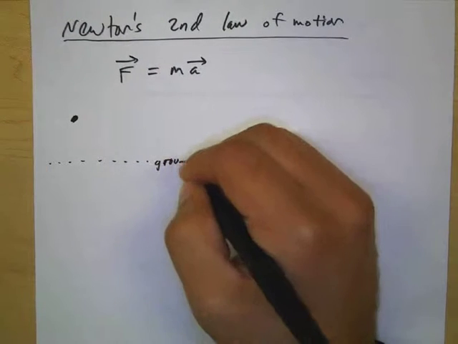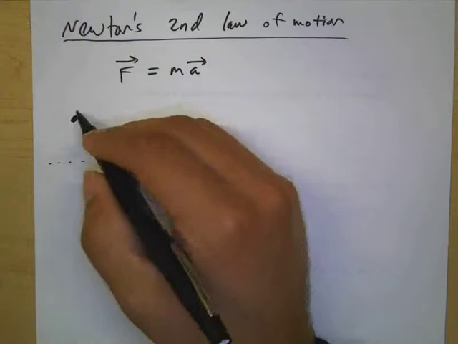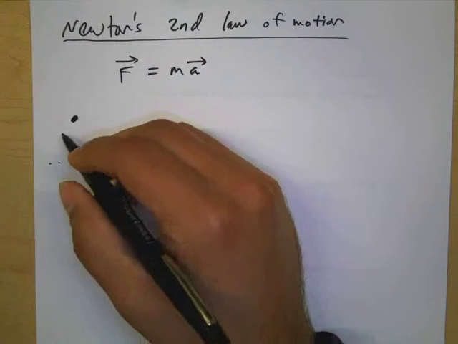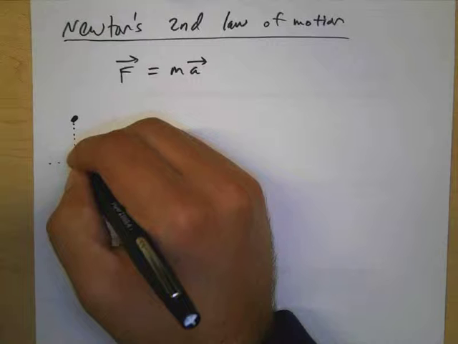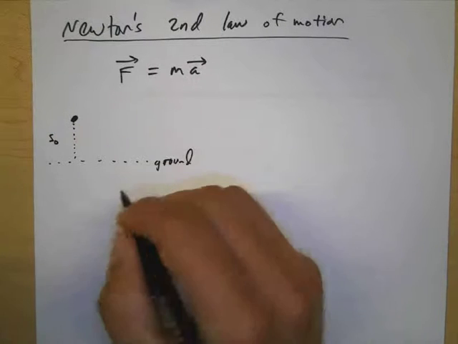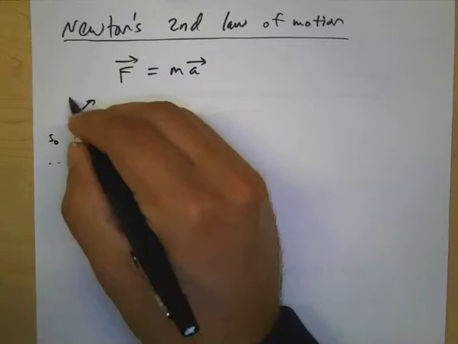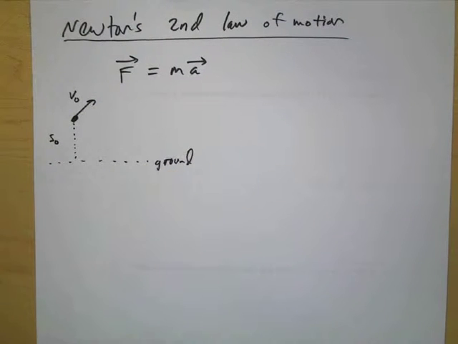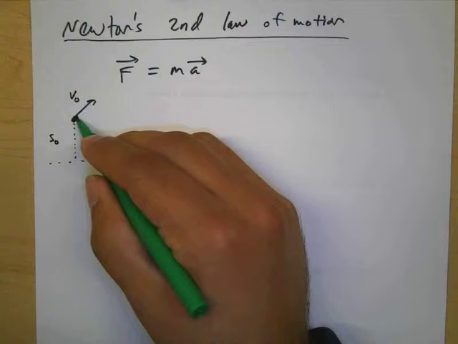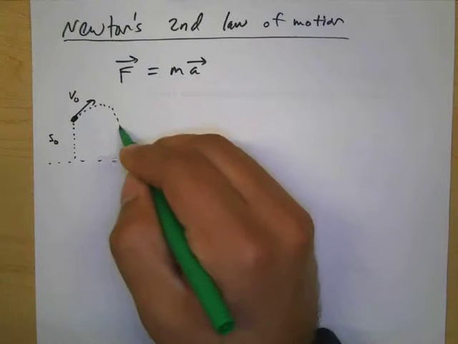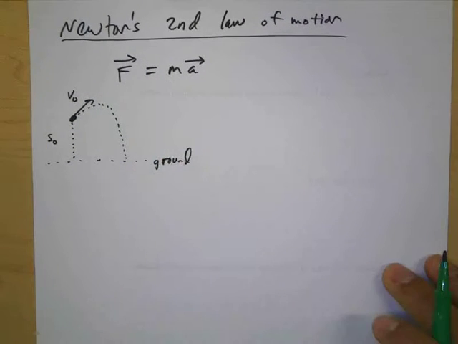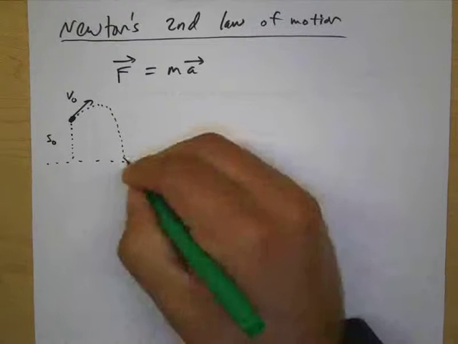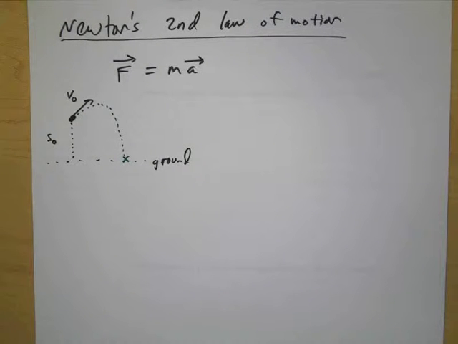Yes, above the ground. So maybe there's some object at an initial height. Let's label that S naught. Maybe there is some initial velocity. And the path of the object would then maybe look something like this. Okay. Using this model,